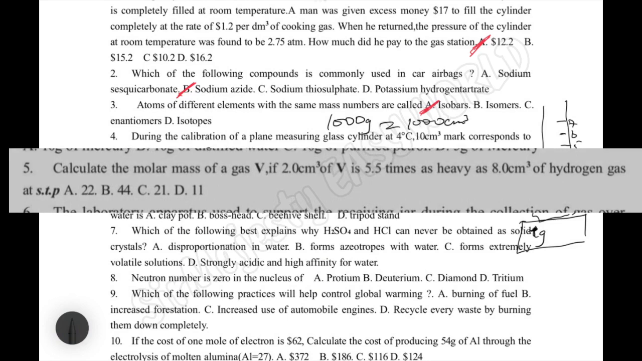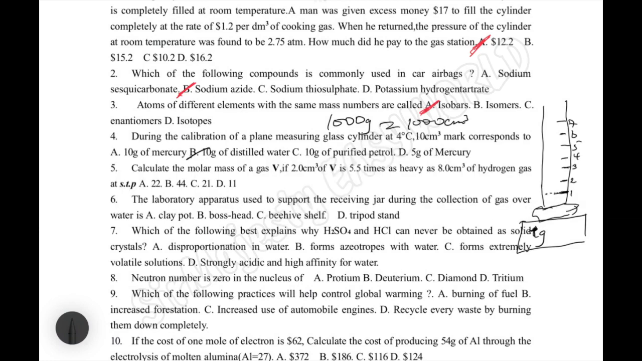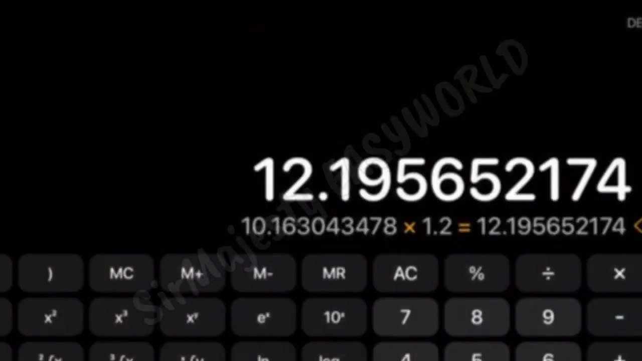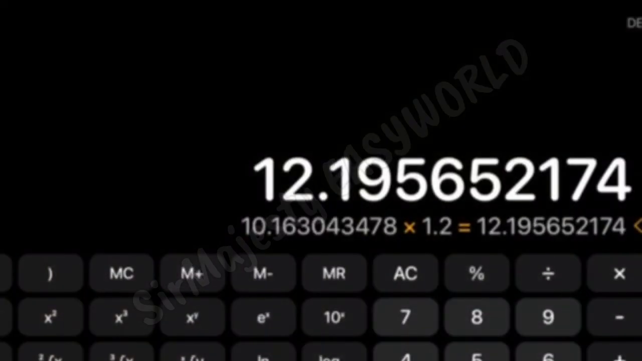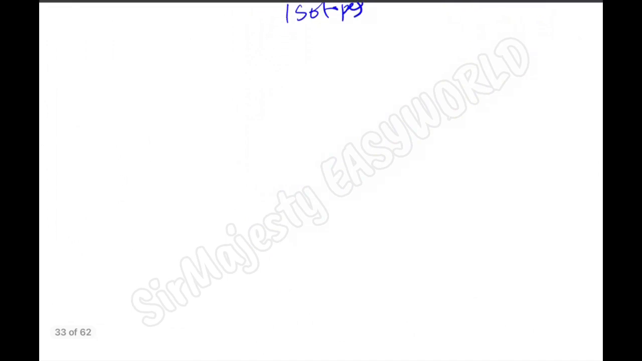Calculate the molar mass of a gas V if 2.0 cm cube of V is 5.5 times as heavy as 8.0 cm cube of hydrogen gas at STP. Okay, this we are going to use vapor density. The definition of vapor density: vapor density of a gas is defined as the number of times